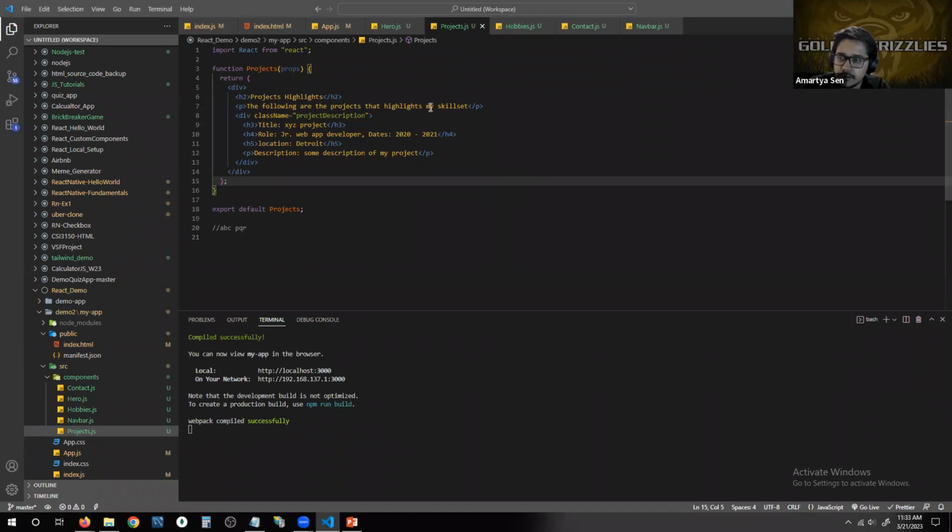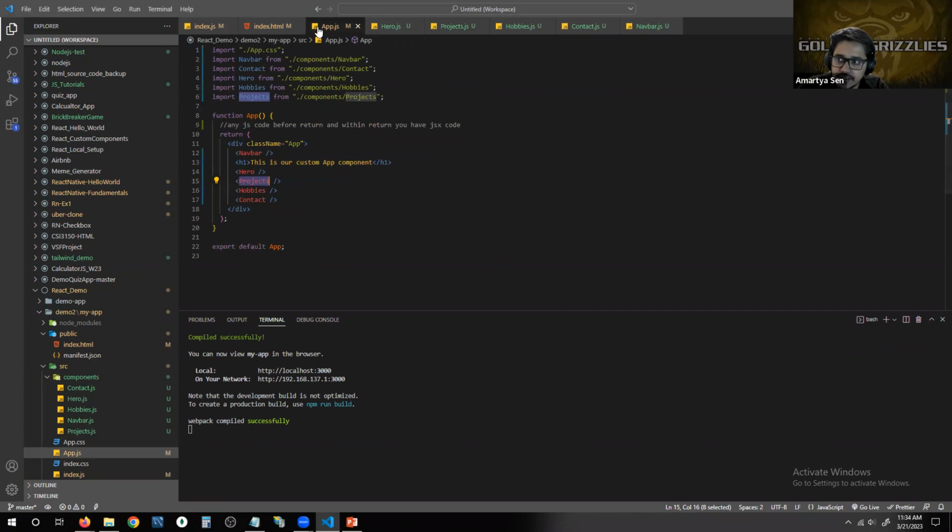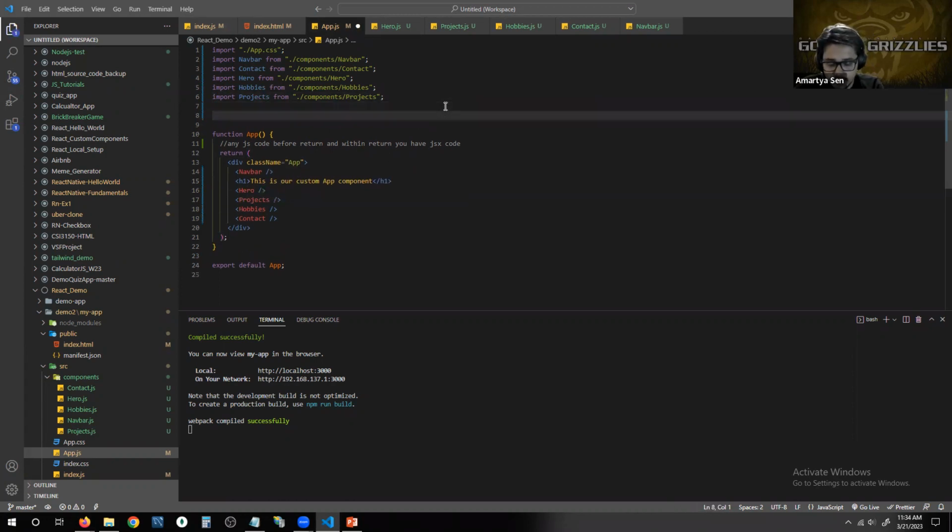All right, no problems here, but we need to go back to wherever we have this functional component call. What we need to do is, whenever we have these projects, pass in the information that is going to be there for our projects one by one. So the easiest way to go about this is to set up our object,